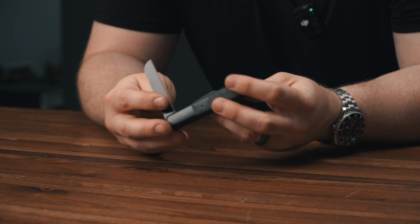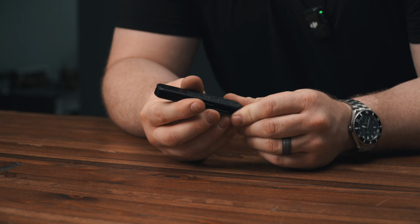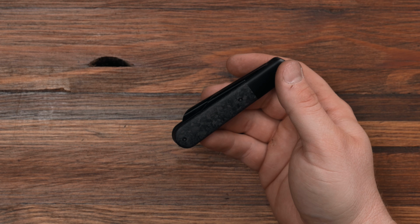I like the double blade. I think the double blade's kind of cool. You don't see that a whole lot in modern knives. I would say this is modern, right? It's traditional, but it has more of a modern aesthetic. A lot of the time you see single blades. You don't see double blades on more of this modern stuff with cooler new materials like Case. Sure, you still see that, but you don't see a double blade from Jack Wolf, you know? So maybe we could get a double blade